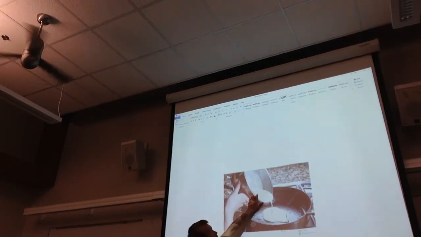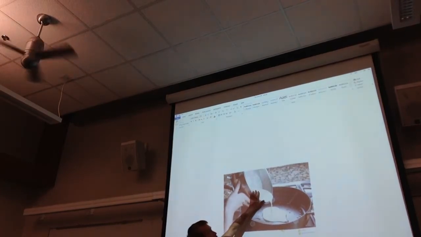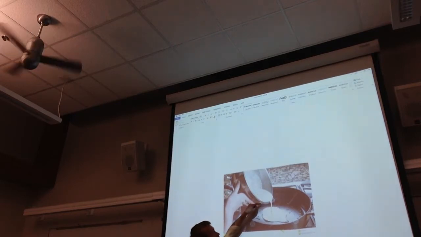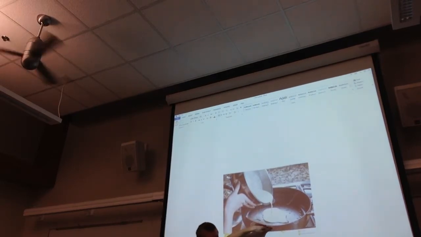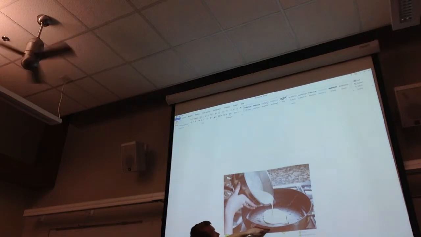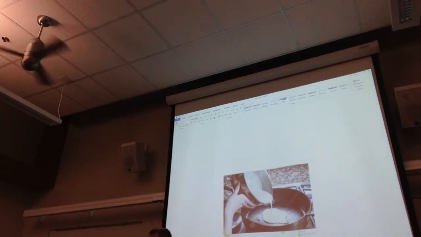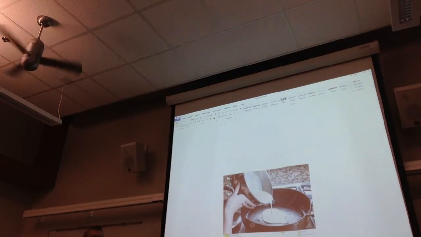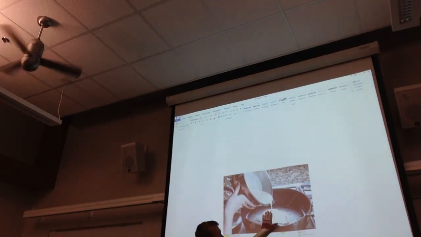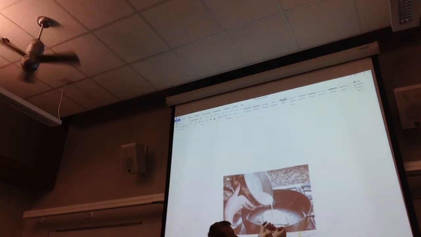Pour all the ingredients onto the frying pan. So, after we let that cook, let it heat up and cook on the frying pan,